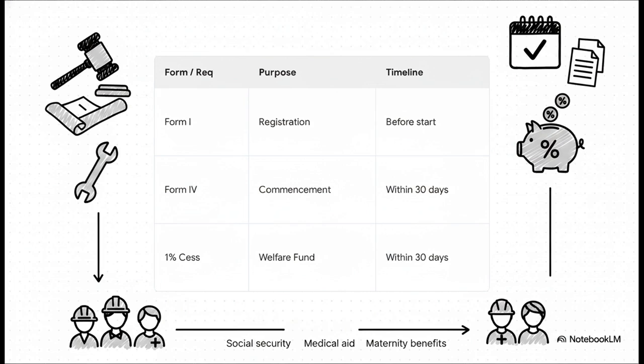This means you're filing Form I before the project even kicks off and Form IV within 30 days of starting. But most crucially, you have to process the mandatory 1% labor welfare cess. Guys, this isn't just annoying paperwork. This money funds vital social security, medical aid, and maternity benefits for the very people breaking their backs to build